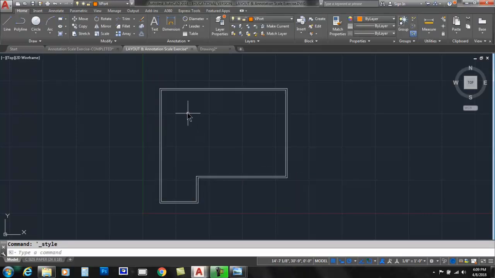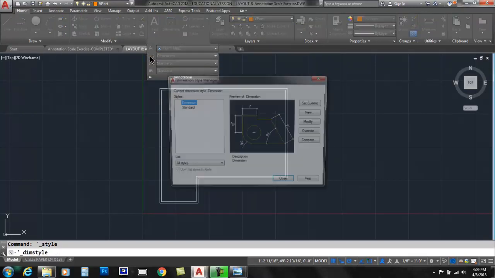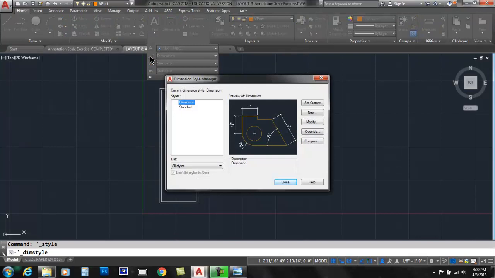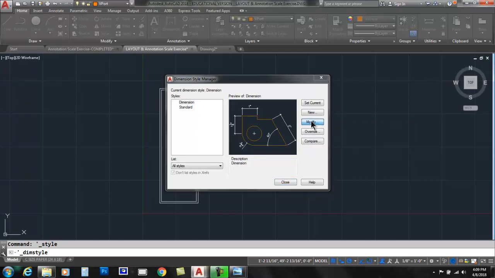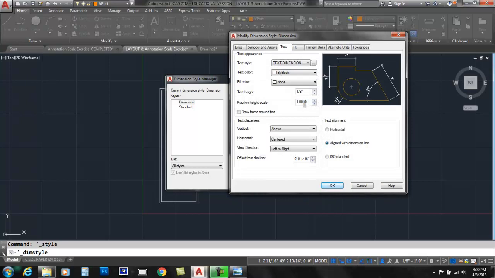and now I need to go back up to the annotation label and go into my dimension style. Okay, this is crucial for the process. So notice I only need one dimension style, and it doesn't have to be -48 or 96 because this one style will be flexible for any scale. That's the beauty of this. So I'm going to go to Modify, and where I make this annotative is in the Fit tab. So I'm going to select Fit,